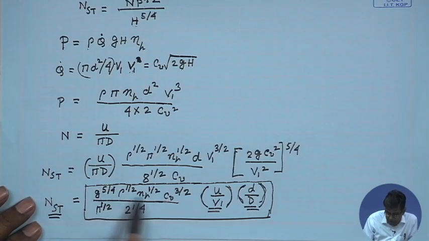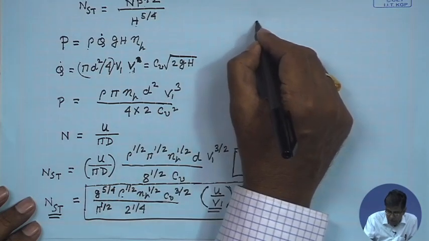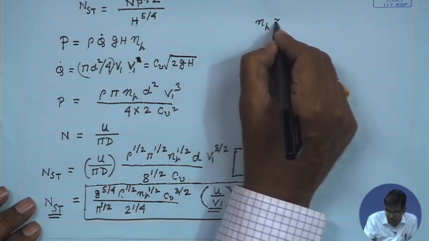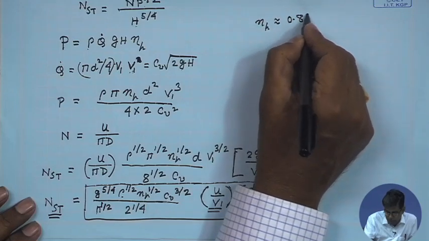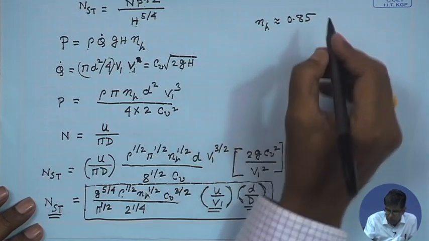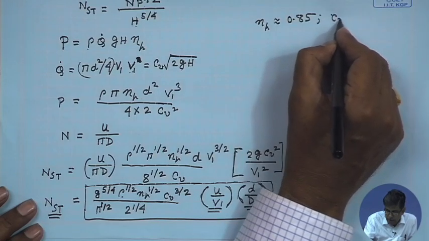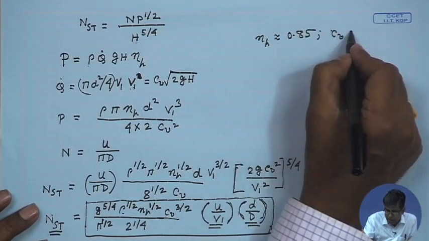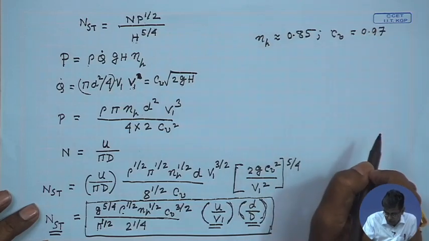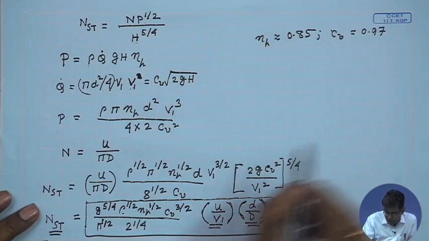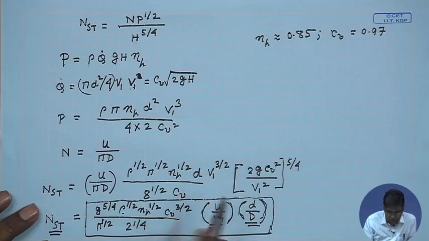Now, these values are almost constant. Now, G is local gravity. If we take the usual value of rho for water, and eta h usually lies between 0.85 to 0.9, 0.85 if we take the typical value. The typical value of CV equals 0.97. If we take the usual values that happen in practice, this eta h and CV, and at